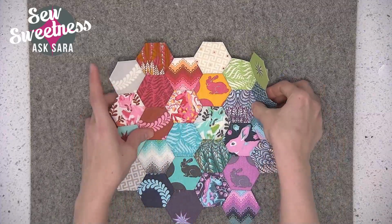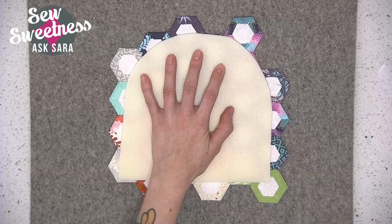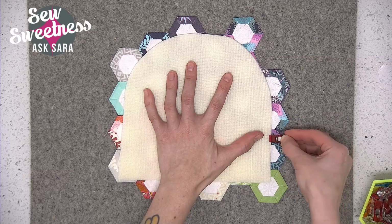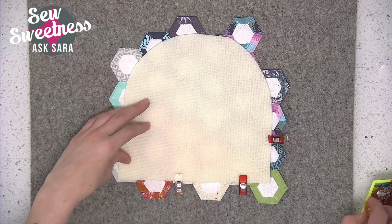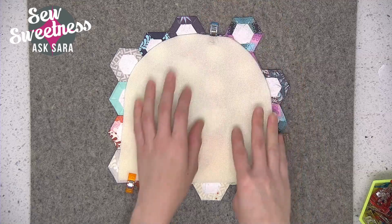And then I'm actually going to keep my fingers on both the layers and flip to the wrong side. So what I'm going to do is take some Wonder Clips, and you can use some pins also if you prefer. I'm just going to place some Wonder Clips around the perimeter. What I'm going to do is take this over to the sewing machine, and I'm going to sew from the